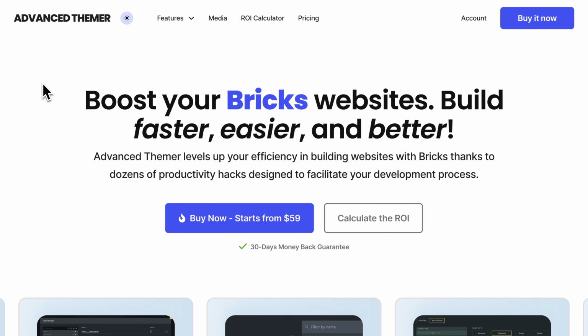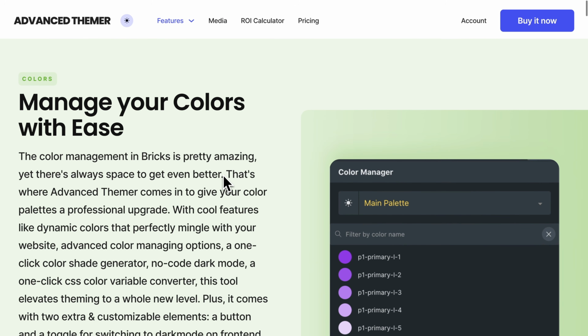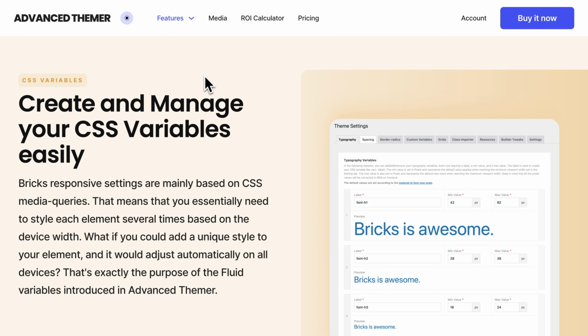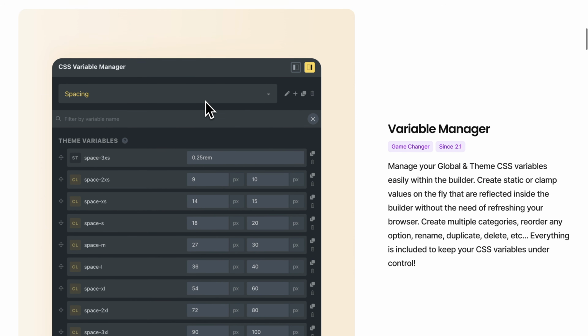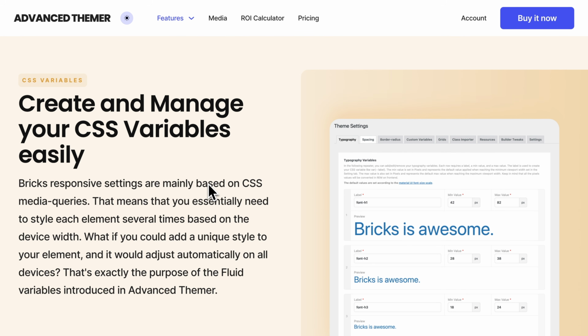Hang on, why is Advanced Themer not here? Isn't that a framework? I do hear a lot of people asking if they should get ACSS or Advanced Themer, or Core Framework or Advanced Themer. Sure, one part of Advanced Themer's huge feature set are some lightweight framework-like capabilities, like more automated color management and CSS variables with built-in fluid responsiveness. So yeah, there is a little bit of crossover, because dedicated framework add-ons have these features as well. And some people are quite happy using the lightweight framework features in Advanced Themer and not bothering with a separate dedicated framework at all, which is totally fine.